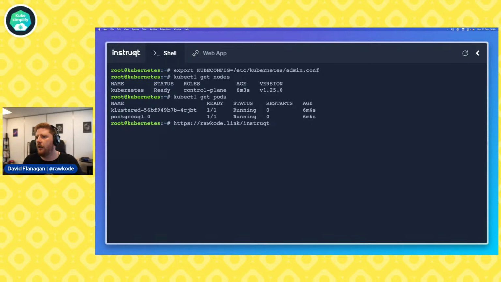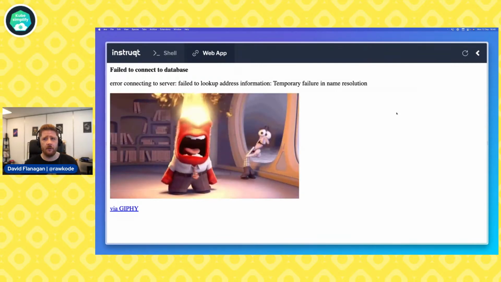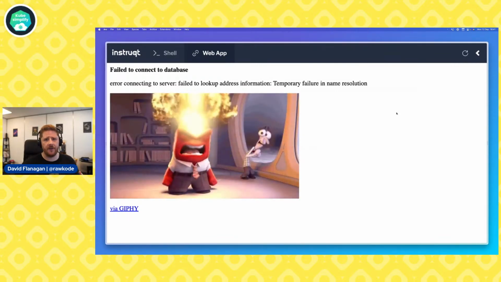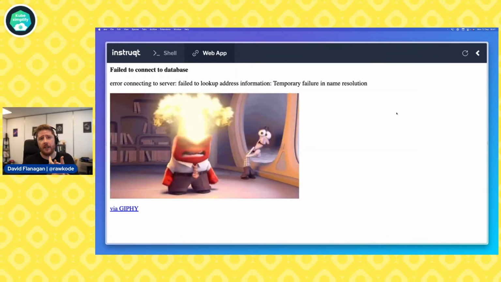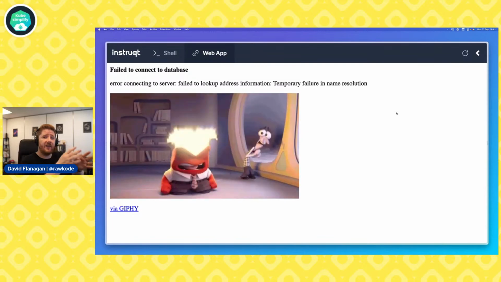Okay. Yep. Let's go for it. All right. So this looks good. So I'm going to go straight to the web app. Oh, dear. It's broken. Now, there's a few things here. First, we haven't seen this error message before. Second, we have got a response. So that tells us a few things, right? It tells us that our deployment is running, our service is configured correctly, and we can actually reach it.